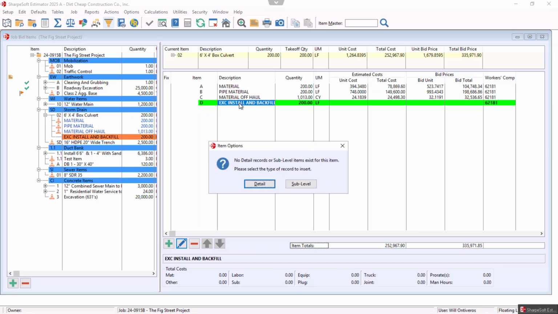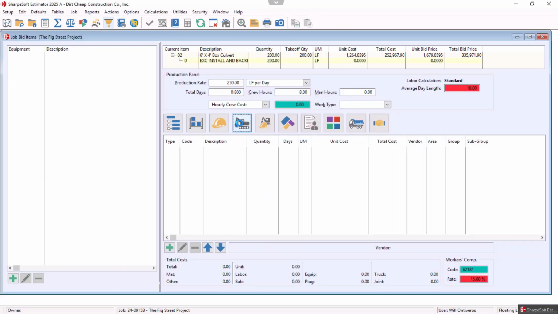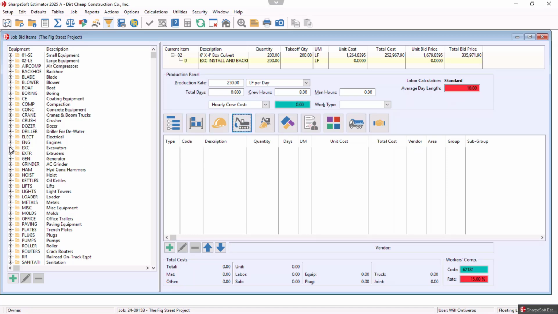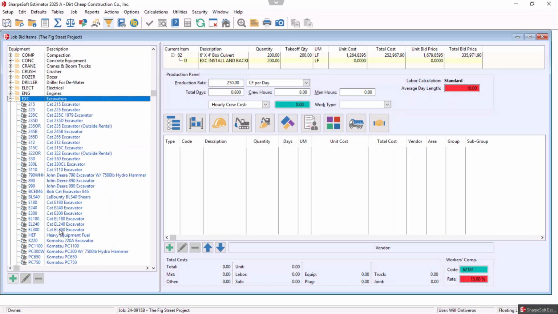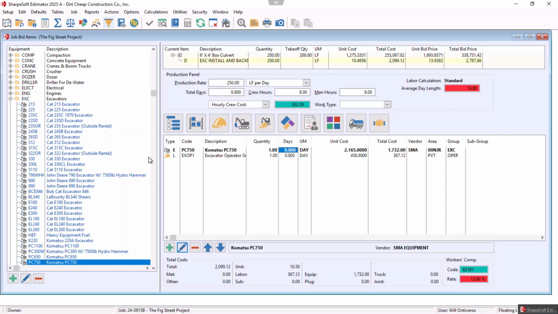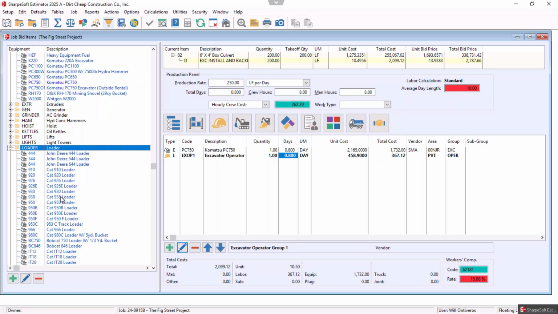Now I'd come in if I want to bid this install of the box culvert. Let's just say I want a piece of equipment. I want to go in and grab an excavator, and I'm going to grab, let's just say a Komatsu 750. Again, this would be set up specifically to you. If I wanted multiple equipment, if I clicked on my equipment here, let's just say a loader, I could say I wanted a 966